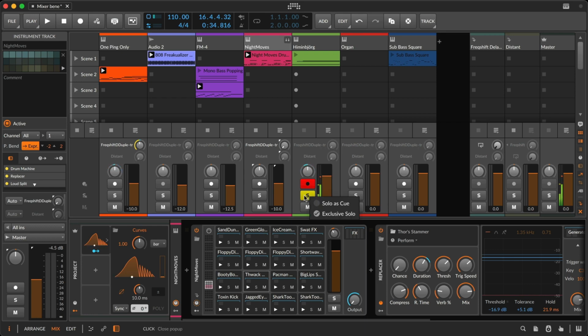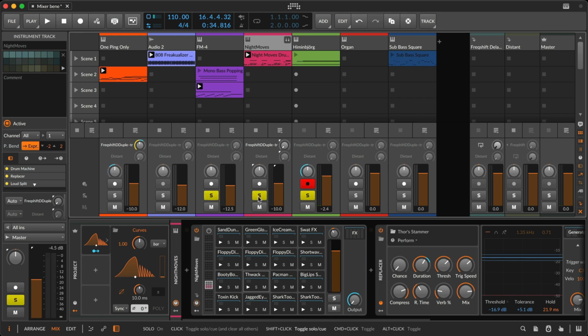This is a mode if I right-click on any solo button called Exclusive Solo. And if this is disabled, then now that first click will let me hear multiple tracks at a time. So again, if I go back to Exclusive, now the second I click somewhere else, it will just turn off all the other solos. As you see in the window footer, shift-click will always do the opposite behavior. So if you mostly like Exclusive Solo, you can always hold shift and then click to add solos to what you've got. So that is one function that is useful.